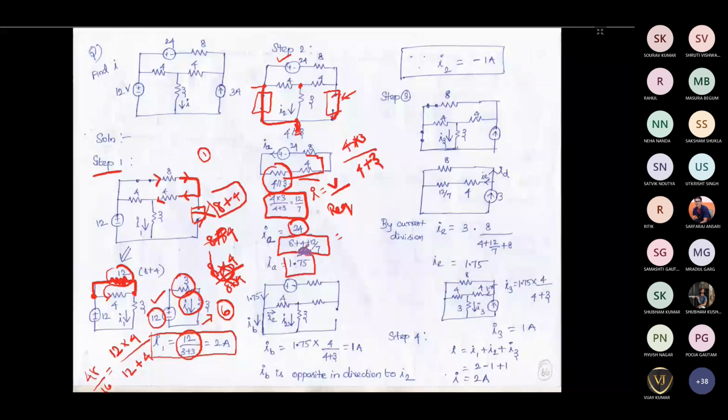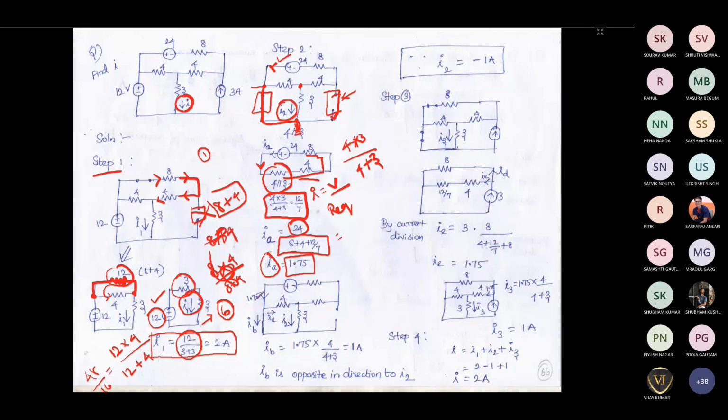Okay, so you can see here that I have mentioned 1.75 ampere because this current is coming through this path. Now actually the current which we need here is this I, but what we have found is the total current supplied by this 24 volt source. Now we have to use something else in order to find I2, that is the current flowing through this 3 ohm resistor. So let us redraw this circuit.